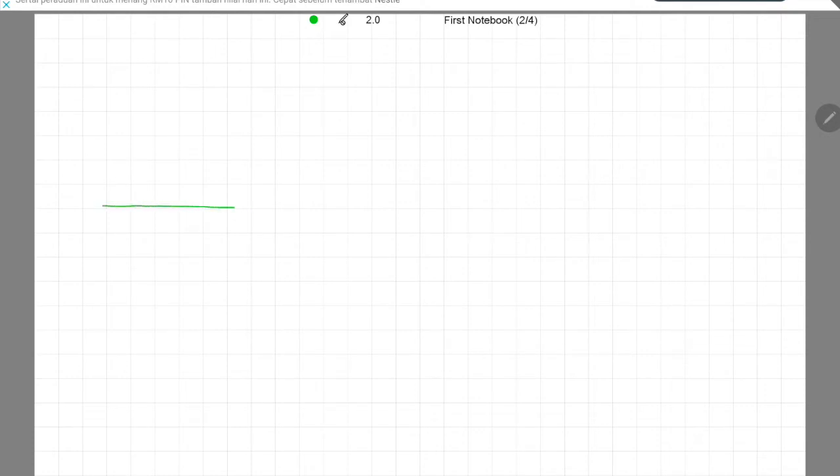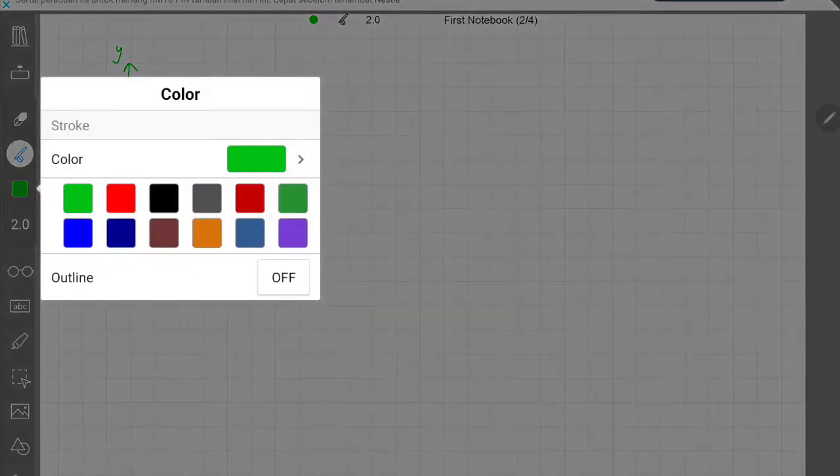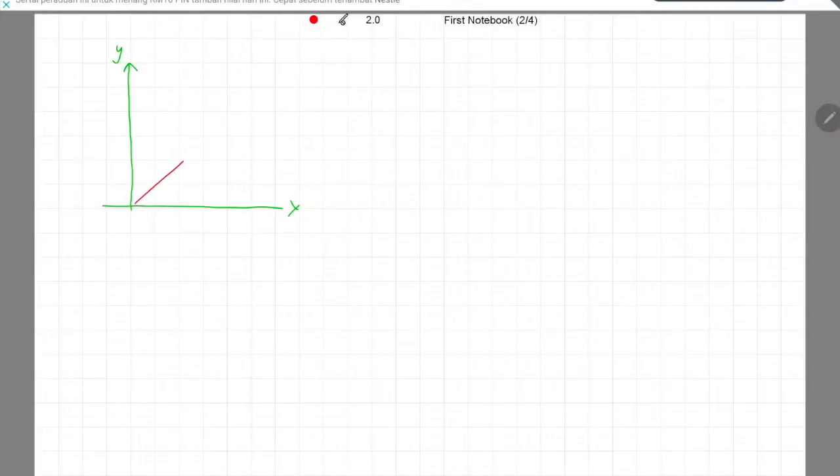Okay, now if this is our x-axis and this is our y-axis, and let's say I put my vector line to be a red color like this. So I'll call this vector A. Because it's a vector, there's an arrow on top of the A. Now in common practice, we are going to resolve vector A into two components along the x and y direction. So along the x direction, this is the direction of vector